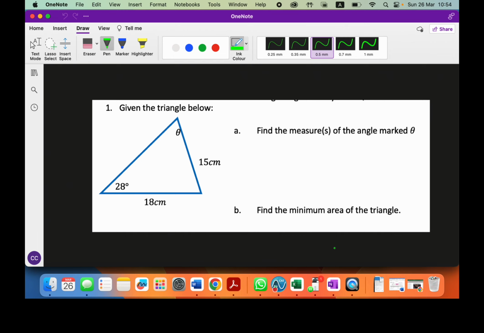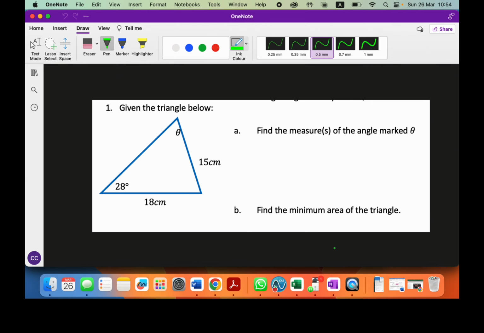Okay, so what we have here is that question from our high frequency, low stakes quiz. And what this question is dealing with is the ambiguous case of the sine rule. So I just want to walk through what that is and what that means, and hopefully it'll make a lot more sense. So in order to answer this first question, part A, it says find the measure of